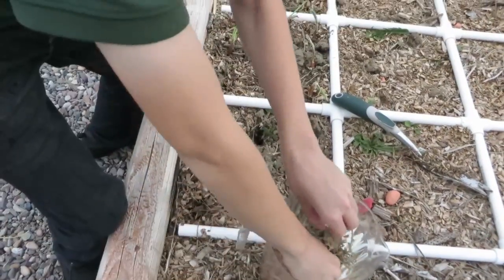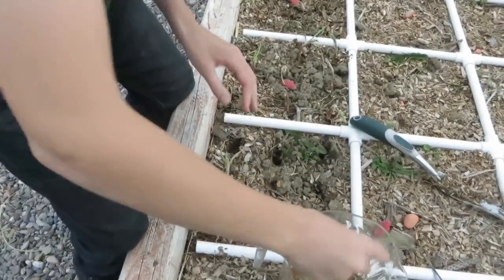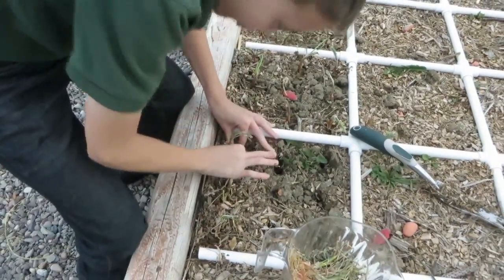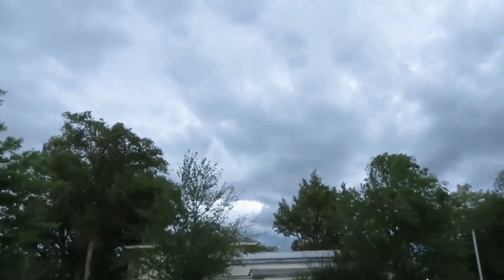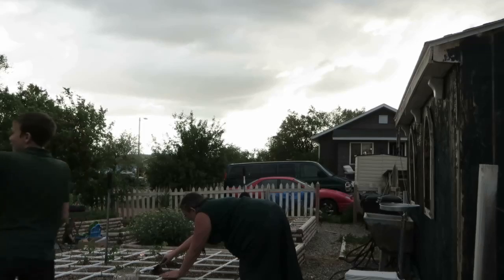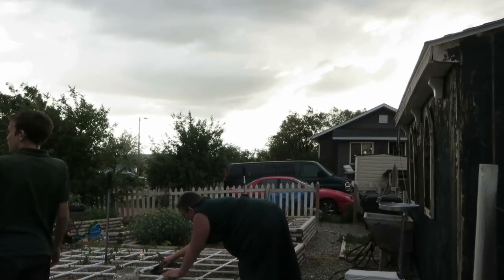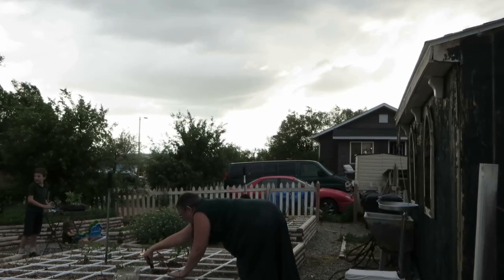That one's done. Now I hear thunder. This one is a baby. Mom, there's a baby tomato. Yeah, not very big. A boy is the one that sticks straight up. A girl